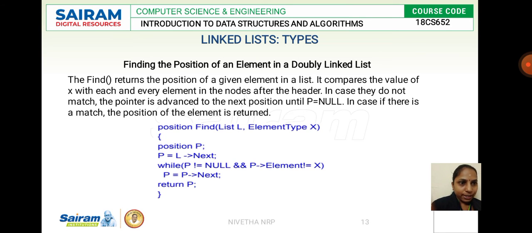So in the first position, when you have an element followed by it, definitely the next pointer will not represent null. If that condition is true, it specifies there is an element followed by it, and we are checking the element present in the node. If that is not equal to X, what is X? X is the element we are going to find. When it is not equal to the element we are going to find, it has to increment the node. That is why it is P is equal to P of next. This will be continued until this condition fails. If any one of these cases fails, it will be returning the position. Return P is nothing but returning the position where the element is present.